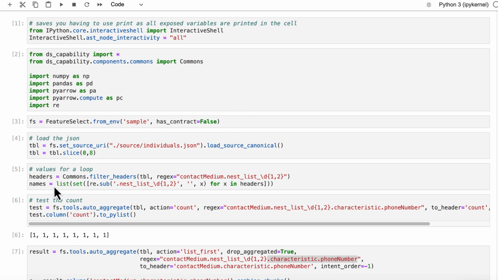This here is really just doing values for a loop. So what we're going to have to do is create a loop that loops through the changes we want to do, but I didn't want to do that here because I wanted to show it broken apart. So you could do it, but that's the initial start of creating that loop. So the first thing we want to do is check that the